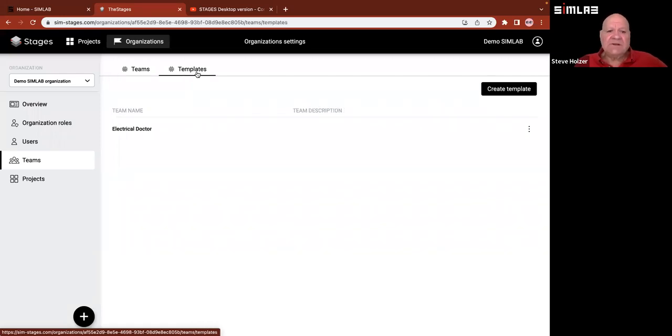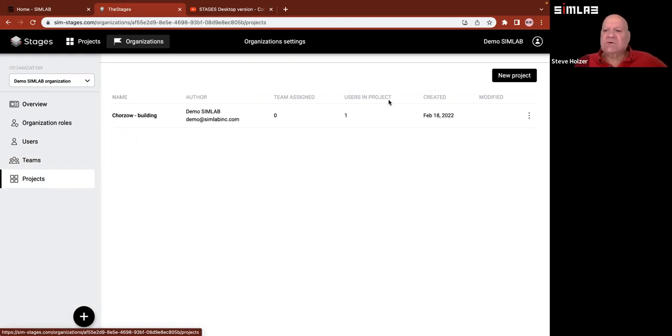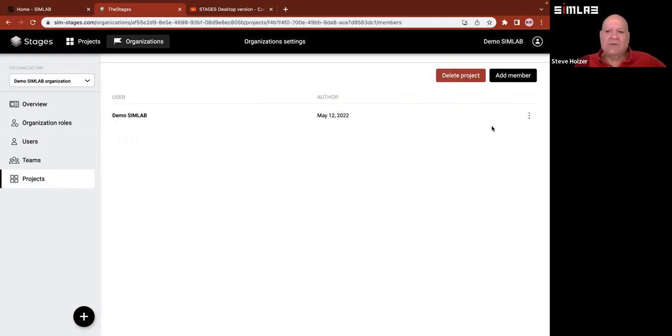You can set up templates for various teams, template settings, and projects that belong to the current organization that we're in. It's just this one right now, project dashboard. This will take me right to that building